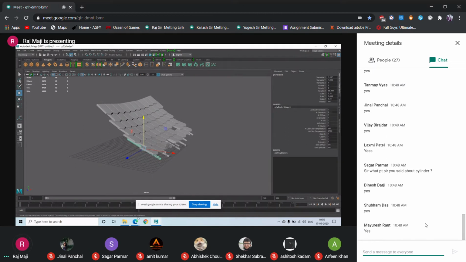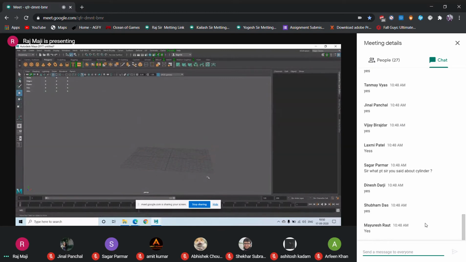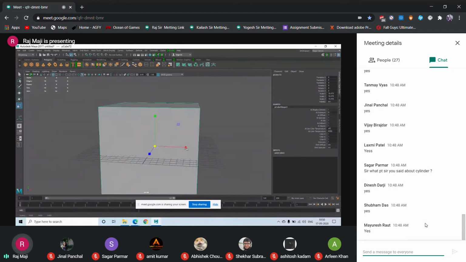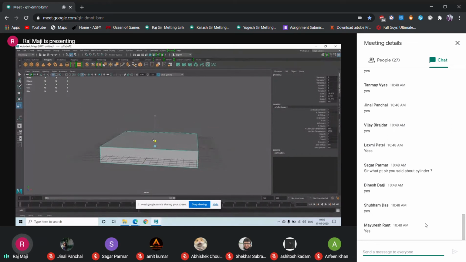Okay. So now moving towards the next point, I told Jinal to make a mud slab. Okay, the slab should be made of mud or something like that. So first of all, you already have created this base.